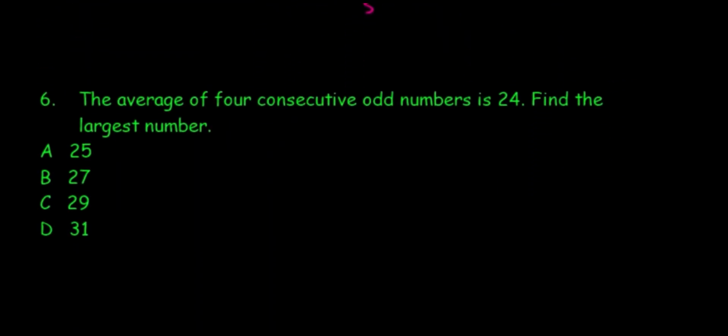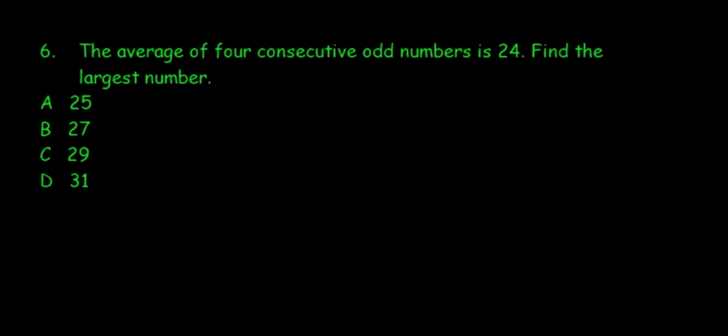Next question. The average of 4 consecutive odd numbers. Now, these kind of words come up, consecutive, alternative, etc. You'll see them in your GAT test paper. What these words mean is, let me explain. Consecutive, for example, if something is consecutive, I would say, okay, I don't know what the first number is,